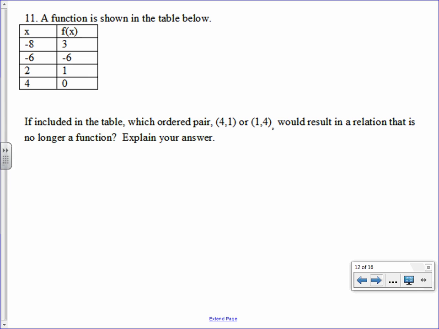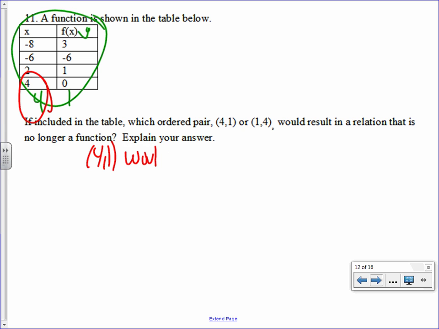If a function is shown in the table below, fantastic. Remember, f of x is the same thing as y. If including the table which ordered pair 4, 1, or 1, 4 would result in a relation that is no longer a function. Well, if I put 4, 1 in here, is this a function? No, because x can't repeat. So 4, 1 would not make it a function